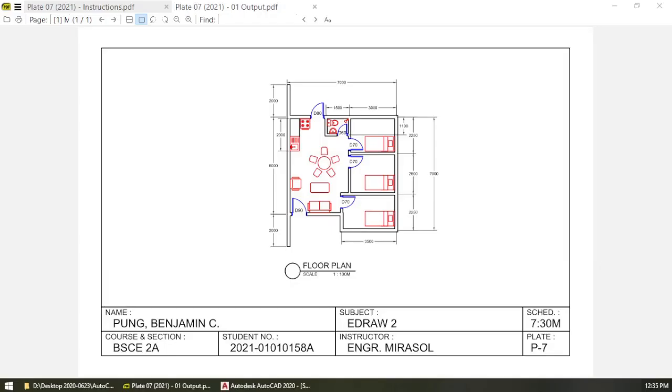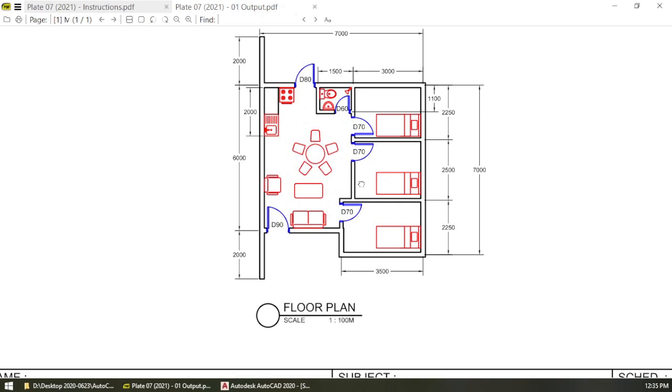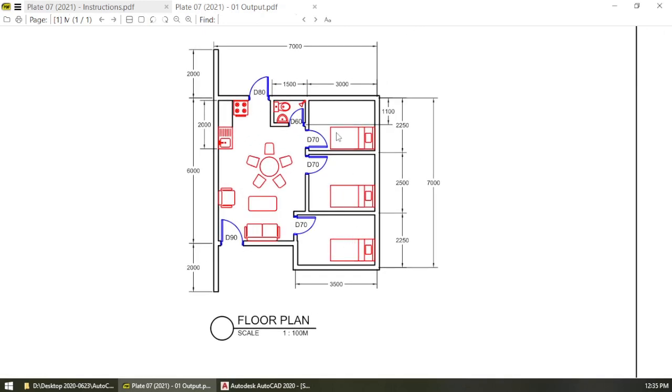We will be drawing this. This is a floor plan of one of the buildings. This is a 3-bedroom. Let's look a little closer, with furniture: sofa, dining, kitchen, the bathroom. We also have doors,